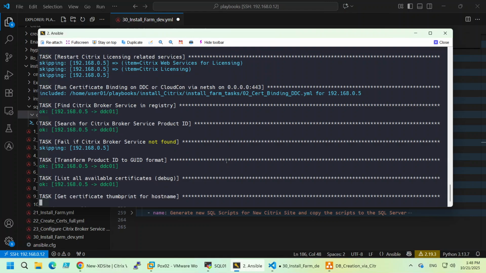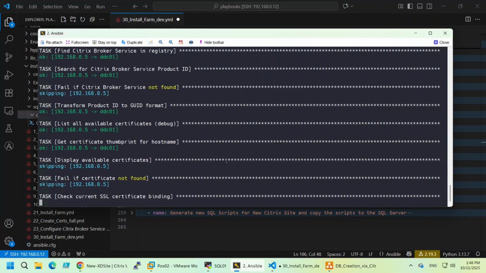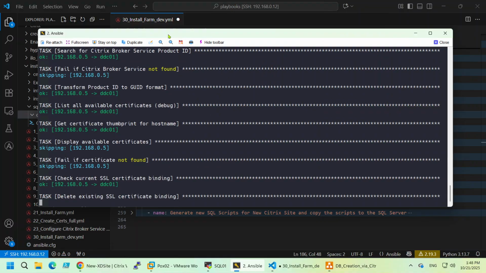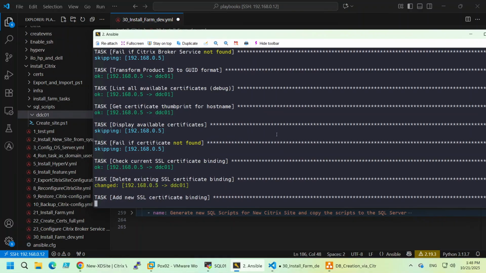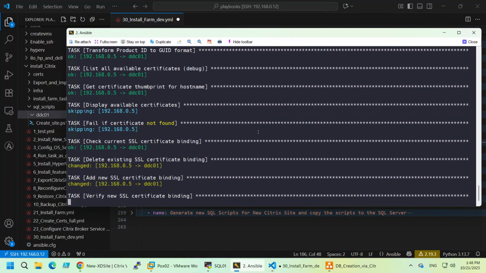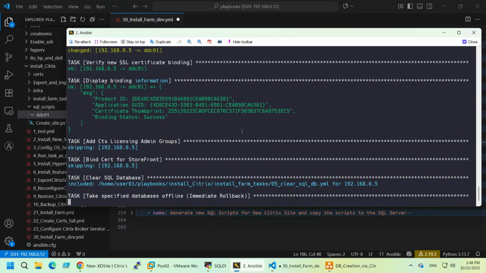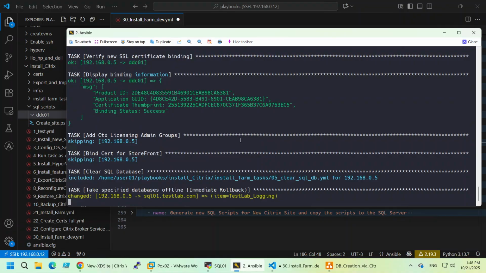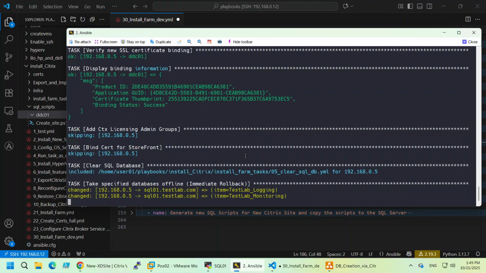But we will see that after it's installed. I believe we will see how the SQL scripts will be copied over. So now it's cleaning up the